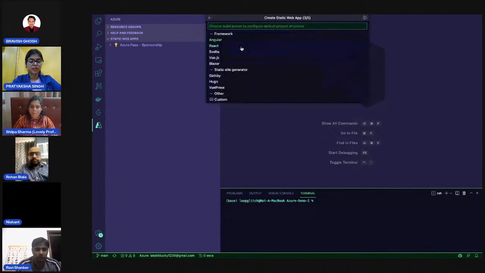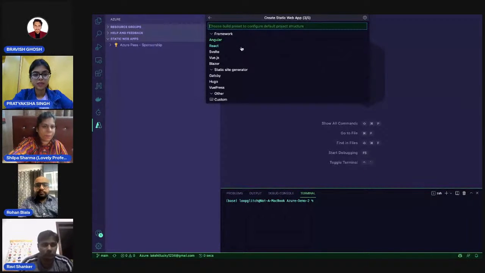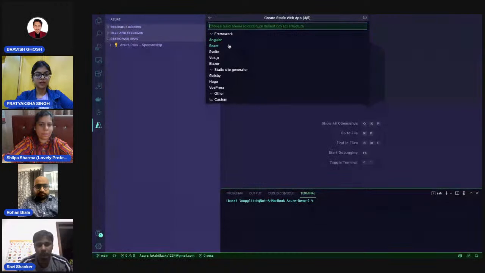And now the Azure Static Web App gives you different options. If your code repository is based on the Angular framework or React framework or Svelte framework, Vue, anything, and it's not just this much. You have lots of other options, but these are the basic options that are given by Azure Static Web Apps. So if you're using vanilla, then you can just go ahead with custom. So in our case, with custom,